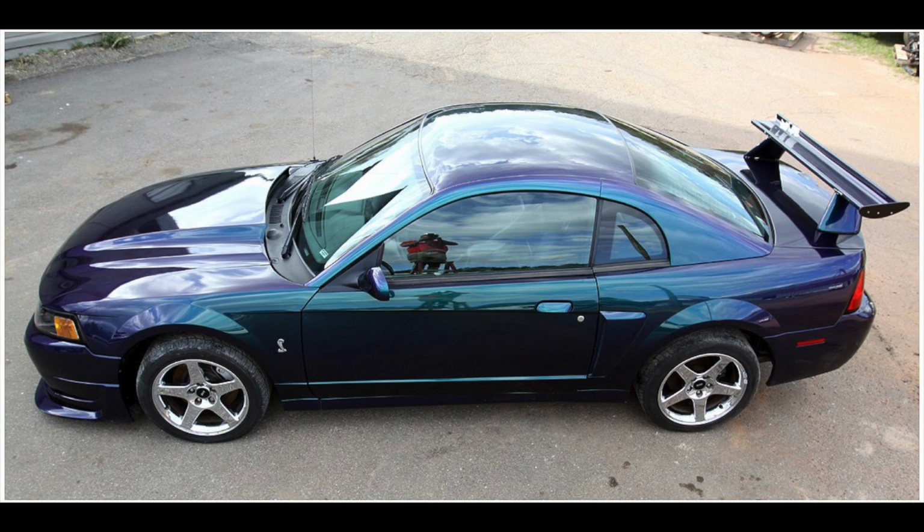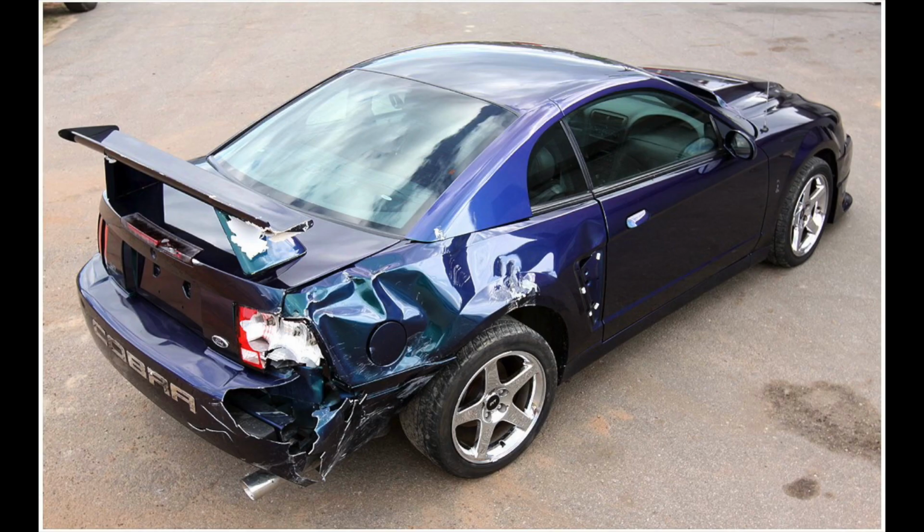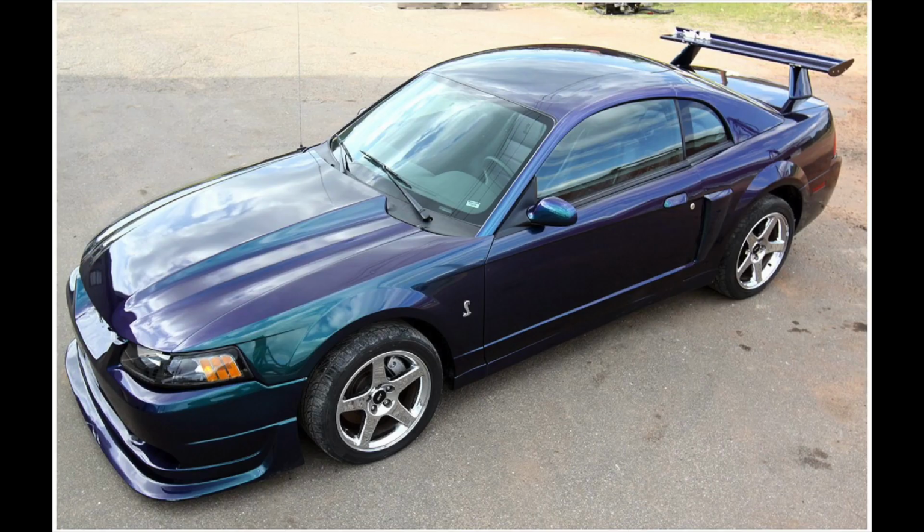Kind of cool to see a Mystichrome Cobra. I don't really like what was done to this car. I think a lot of people would agree with that, with the Cobra R looks on it, but that was more common in the era when the Cobra R was known as the best Cobra ever made. So when these came out and people didn't really know what they are, they tried to turn them into Cobra Rs. And you do have the best of both worlds, where you would have a factory supercharged bulletproof engine that can handle high horsepower, and people who wanted to make their own Cobra R out of it. In that case, you know, that